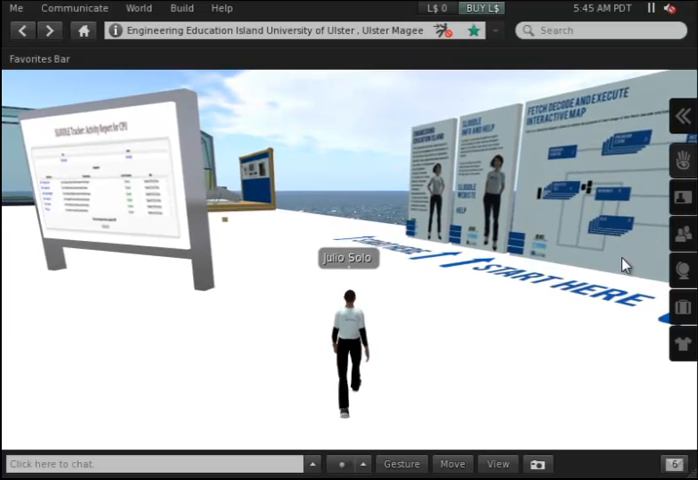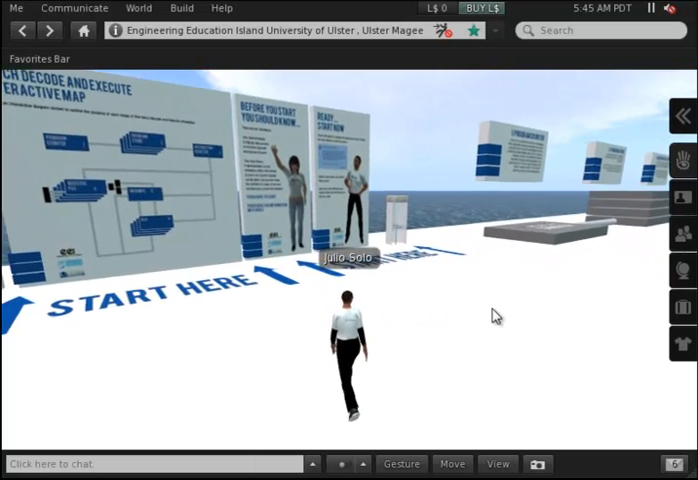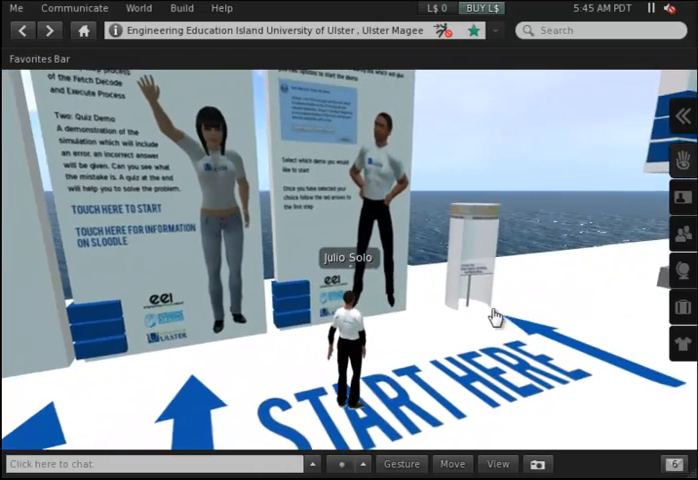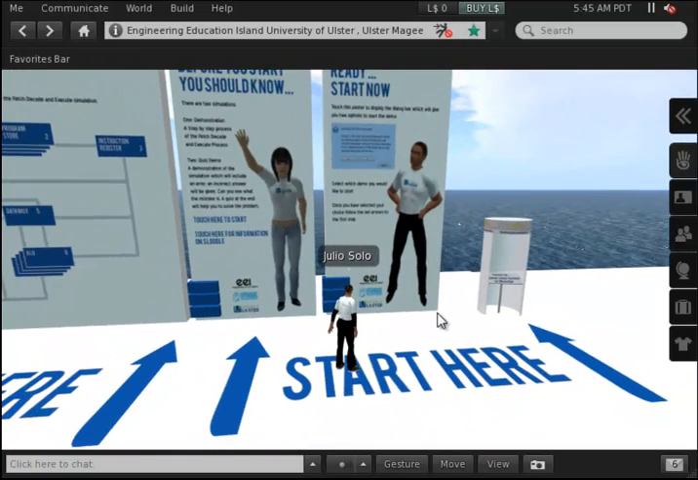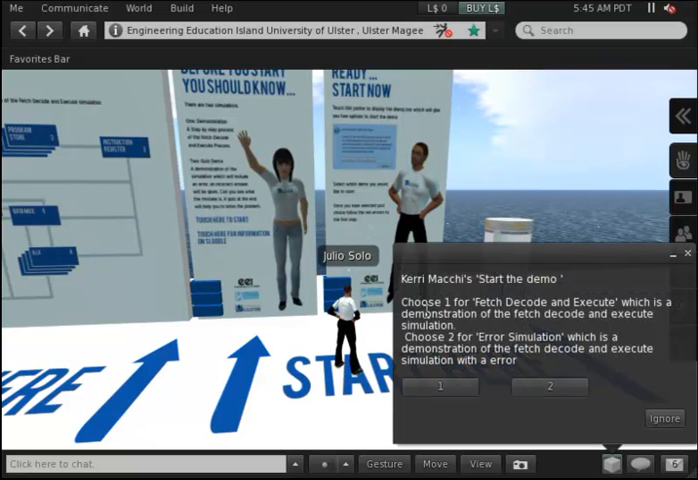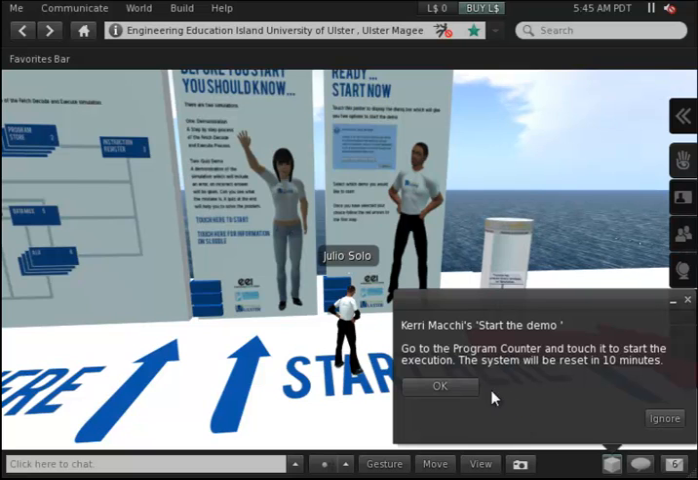Right, so to start, the student has to come to this area where different panels provide him with general information about the island and about this particular demo. Again, a Sloodle Rock and Roll booth allows the user to register the Second Life avatar in Moodle, and after clicking on the last poster I can choose the normal simulation or the error one. I'm gonna choose the simulation one, and all I have to do now is follow the different instructions I get